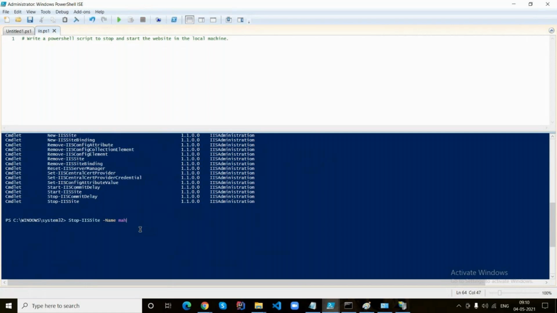Yes. Now click on tab. Okay, that's fine.